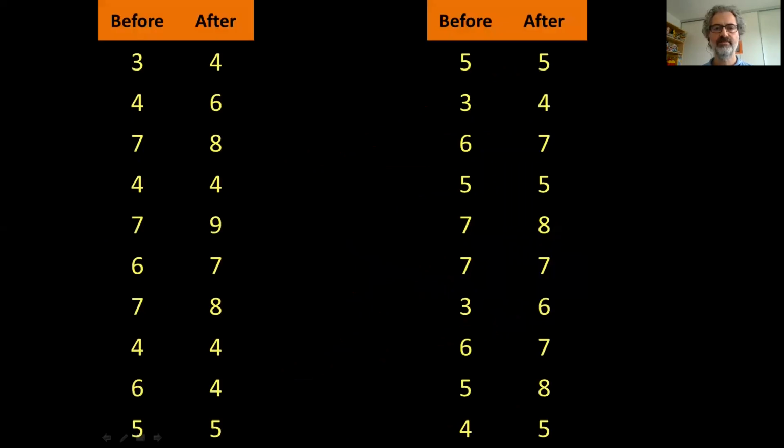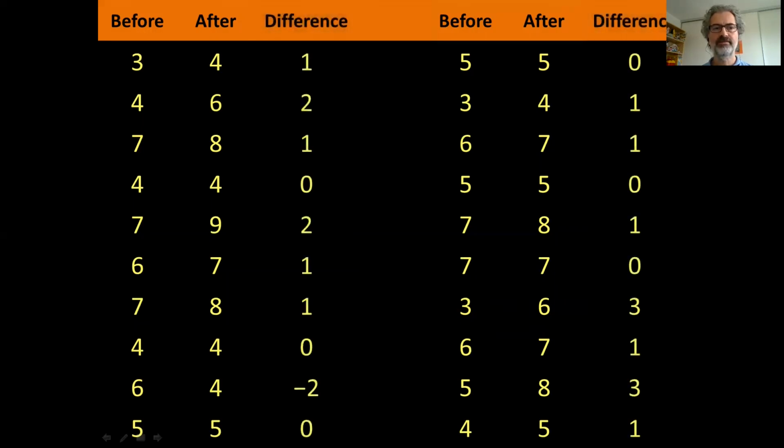And this is a list of the measured data. These are the scaled scores before and after. And from each pair, which corresponds to one child, we can calculate a difference. So for the first child who got a score of 3 before the intervention and 4 after the intervention, the difference was +1. There was one child who got a lower score after the intervention than before, and for this child the difference is -2. These are the differences we can work with. And in fact,